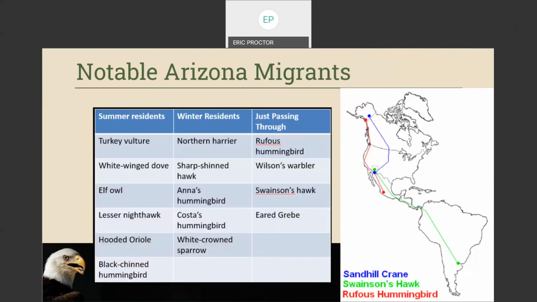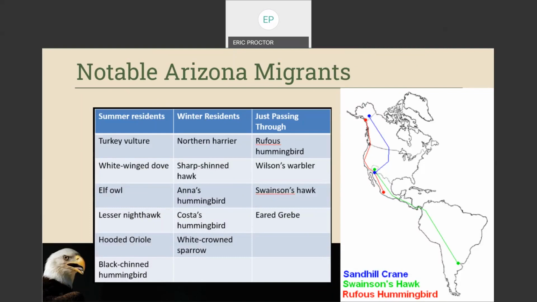Geographically, Arizona is a unique spot. We're at the intersection of North America's four major deserts. We have most of the world's terrestrial biotic communities, and we have the transition zones between all of those habitats. As such, we have tremendous diversity in plants, which then results in tremendous wildlife diversity.